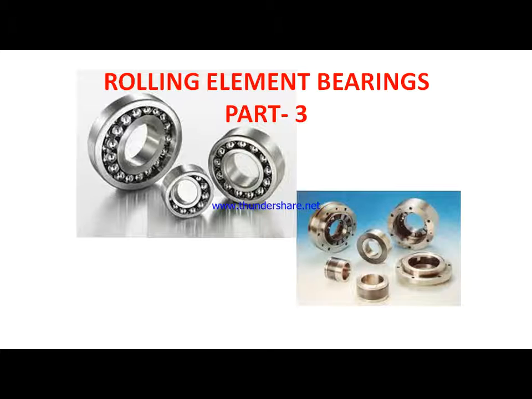In part 1 we have seen the classification of the rolling element bearings, their function, the nomenclature of the rolling element bearings, the specification of the bearings, their lubrication, the advantages and disadvantages, and how a rolling element bearing fails. And in the second part we have seen the capacities of the rolling element bearings, load capacities such as static capacity, dynamic capacity, the equivalent load, the life rating of a bearing, and one problem we have solved in the